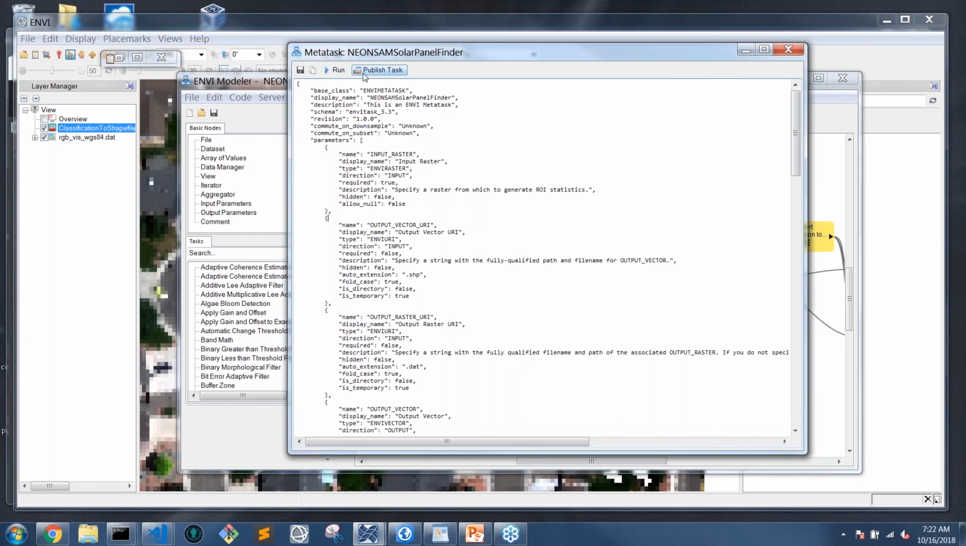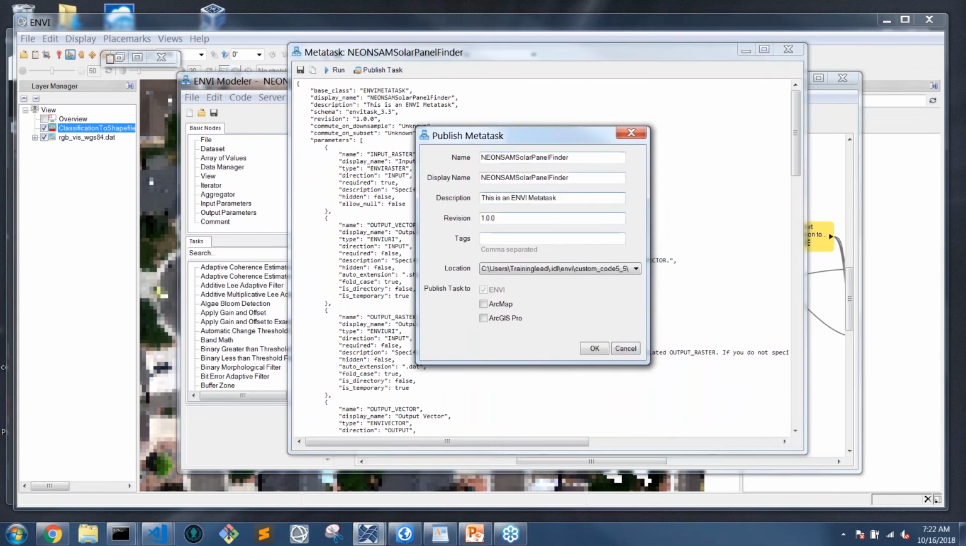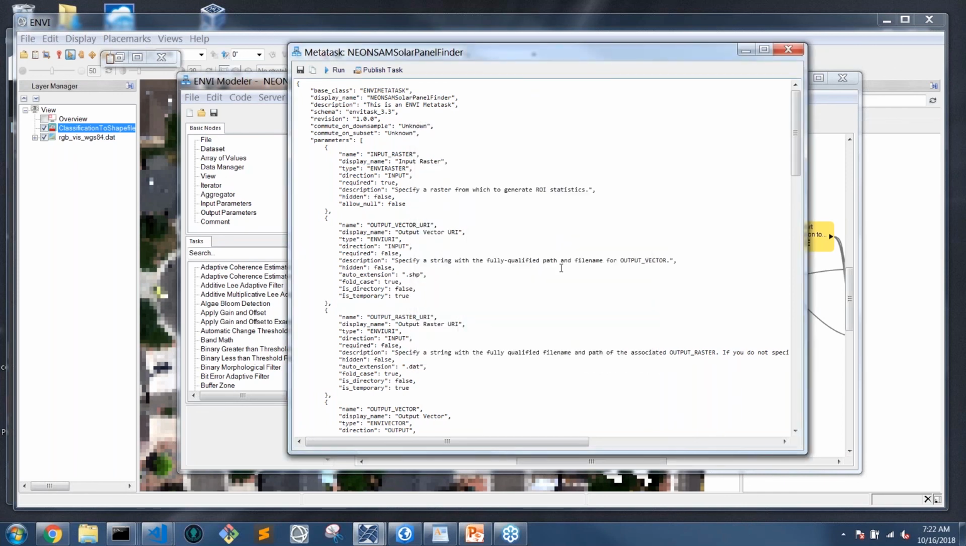At this point, there's this little button called Publish Task. If I click on Publish Task, it'll let me update some of the different properties of the task itself. And then I can publish these tasks to ArcMap or ArcPro, provided you have permissions to write to the folders where these files need to go. So I've already ran this ahead of time, so I'm not going to run it again. Instead, I'm going to switch over to ArcPro,